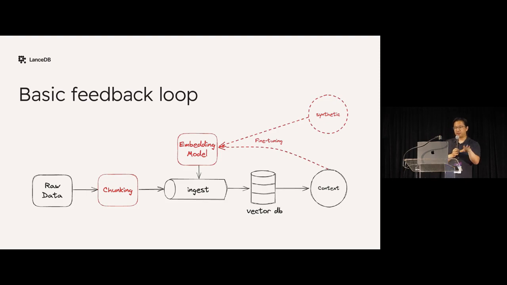So a simplified loop is what I'm showing here. You can set up this pipeline where you figure out the right chunking strategy and then the right embedding model. Then once you have user feedback or synthetic data, that's where fine-tuning can happen, and this completes the feedback loop. If you know how well your system is doing with good evals, and you have a good system to collect user feedback and run the fine-tuning, you have a pretty basic feedback loop that will continuously improve your RAG pipeline over time.